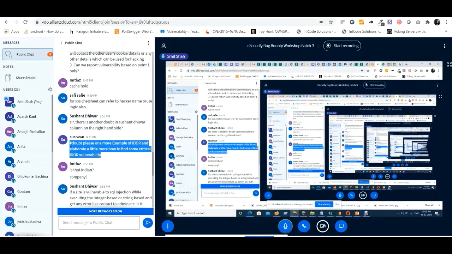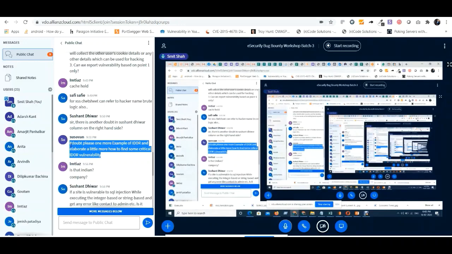Okay, if you do it this way, you'll be able to find a lot of IDORs across the web application. I cannot just say that this is a specific function where you can find IDOR. It could be anywhere. We have to look for different user specific IDs, and if you are able to find that, you will be able to do IDOR.